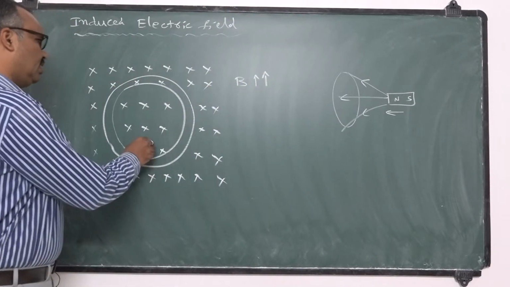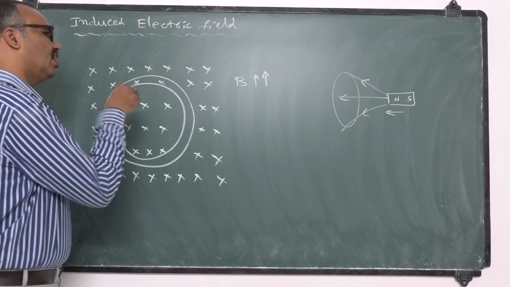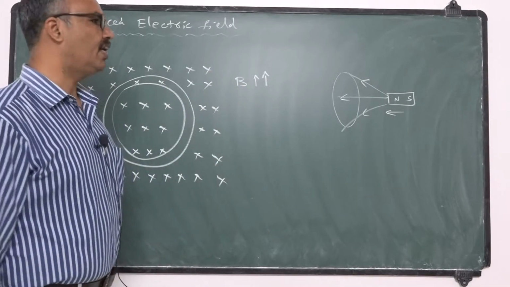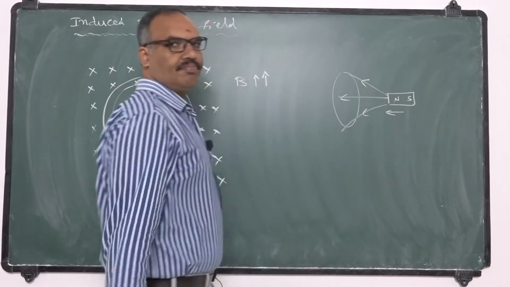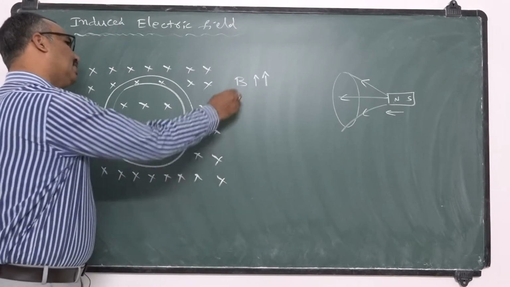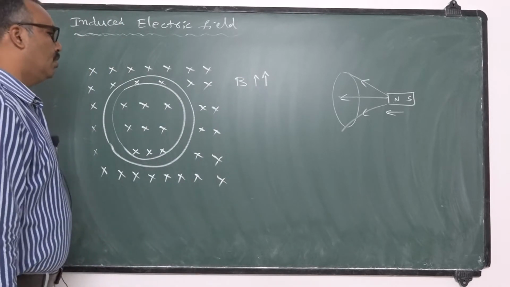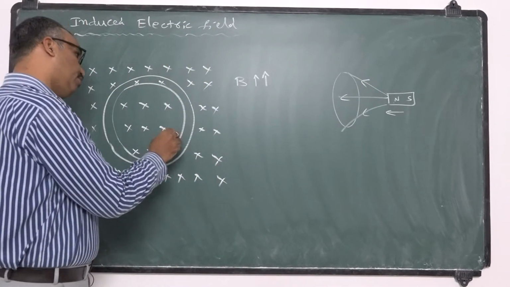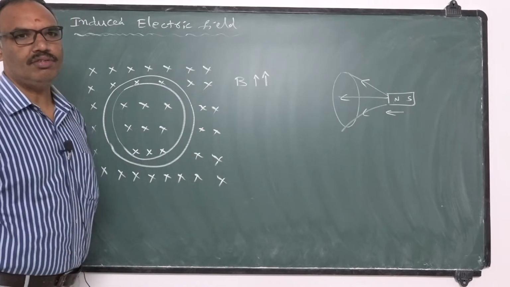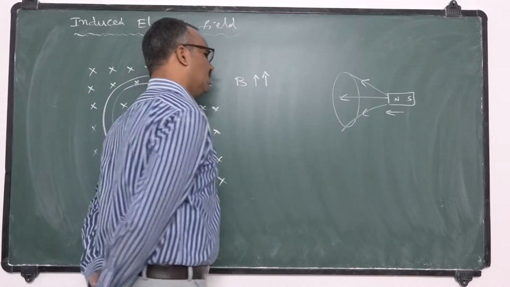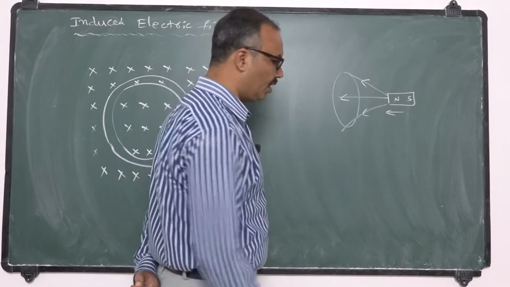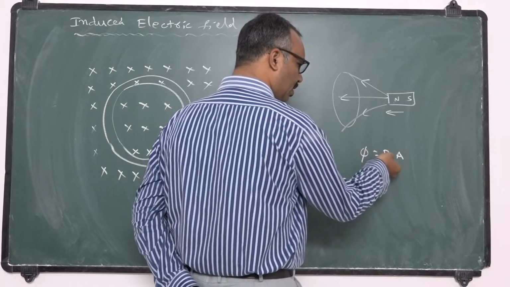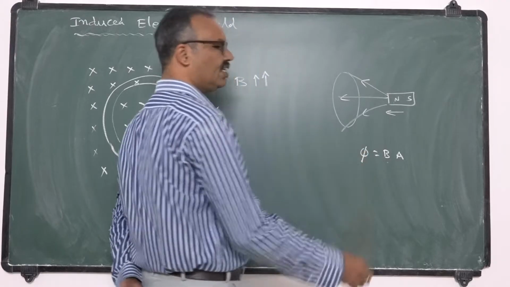Here there is a uniform magnetic field, which means all the field lines are parallel to one another. The strength of the field is increased by increasing the pole strength. In the first case the number of lines of force linked is going to increase. Here the number of lines of force is fixed, but the strength of the field is going to increase. In any case, phi is equal to BA. When you increase phi, B increases, and whenever you increase B, phi also increases.